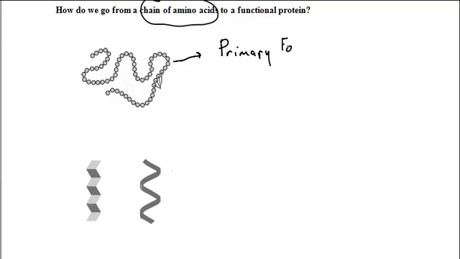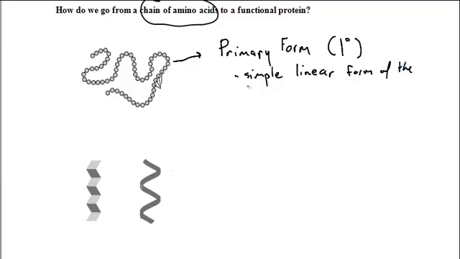As it's being made in your body, we abbreviate primary with a 1 followed by a degree. Okay? It is the simple linear, so basically a straight line, linear form of the chain of amino acids. So sometimes they'll represent it like this, with each little circle representing an amino acid,